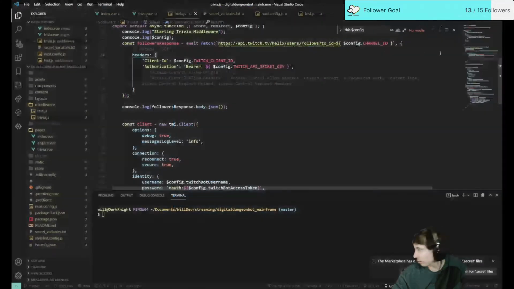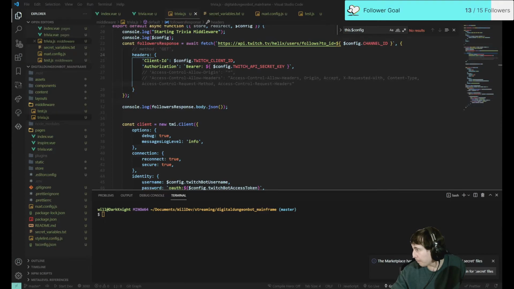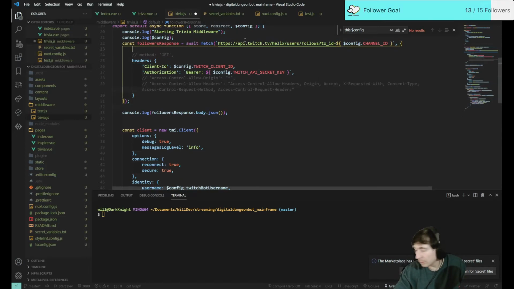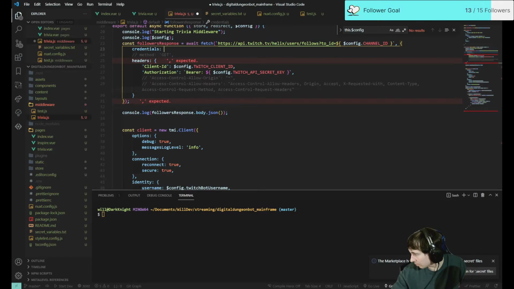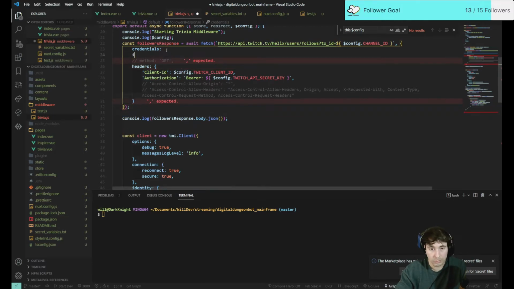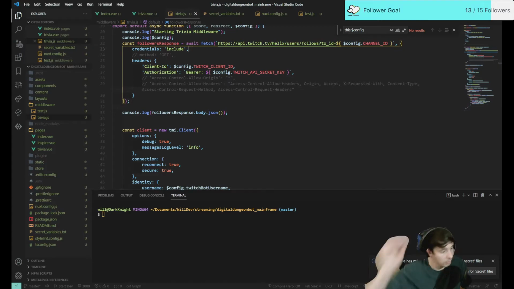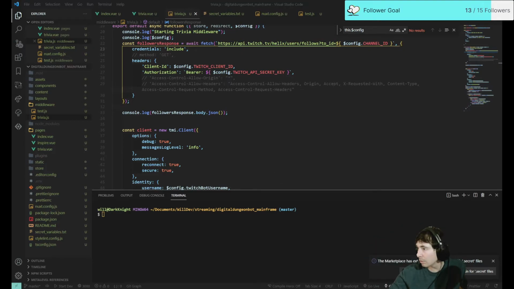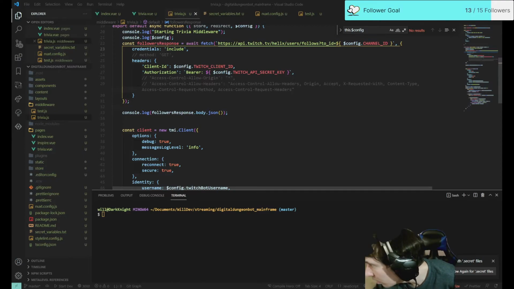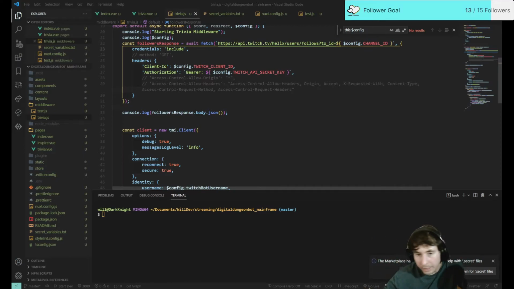Oh, I need to set credentials. Maybe that's why we're still getting the issue. Let's see. Credentials. Same origin. Or maybe it's just include. Okay. Do that. Failed to fetch. Why did it fail to fetch? Okay, it doesn't pass the